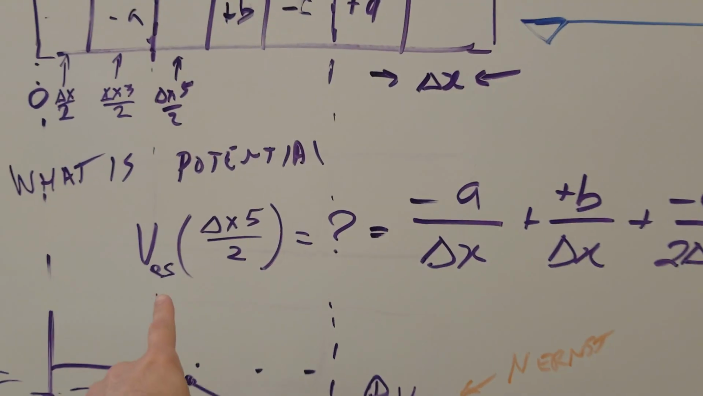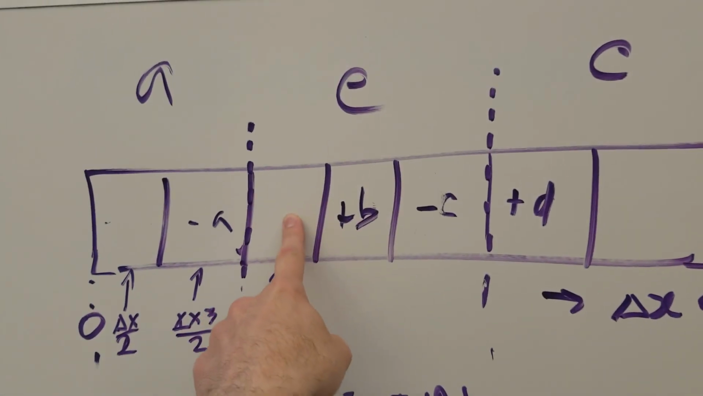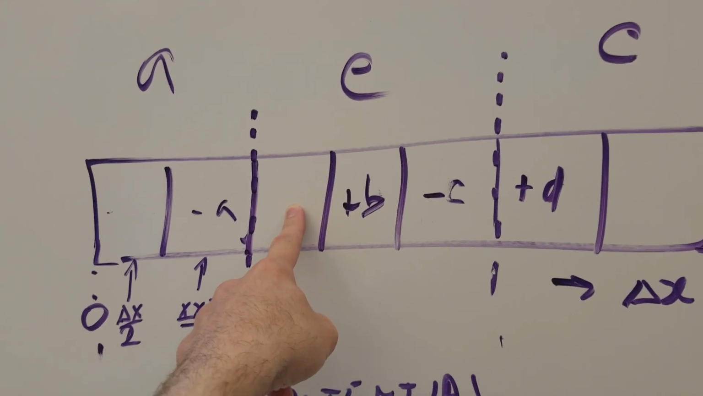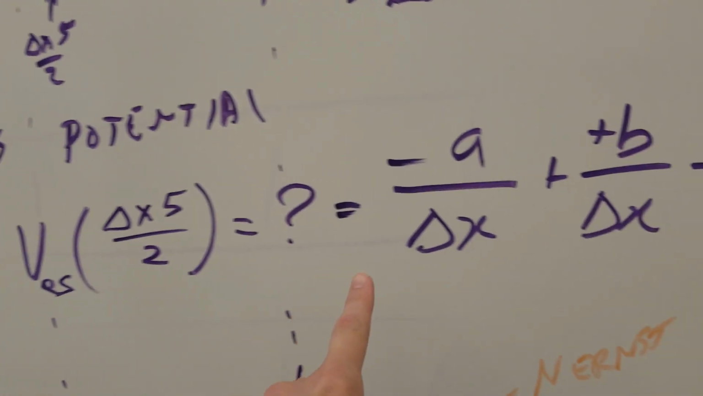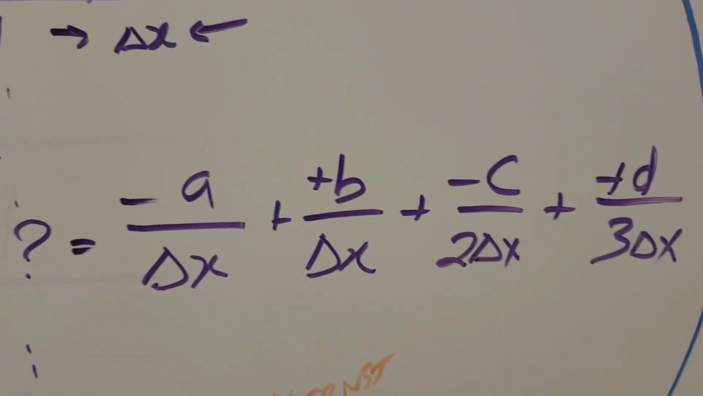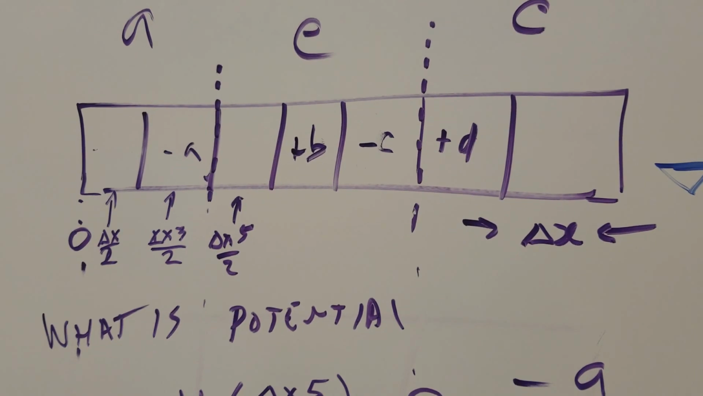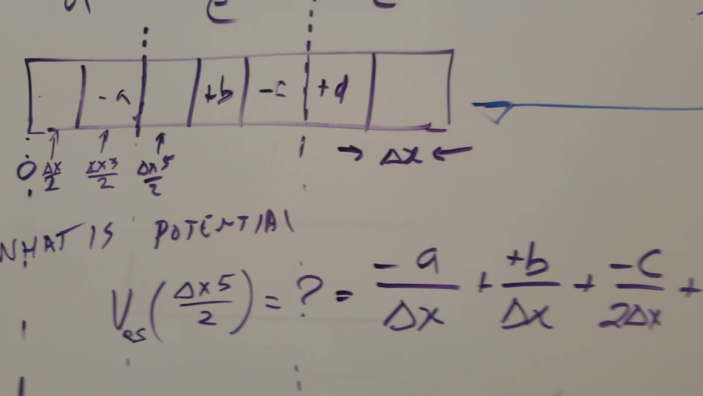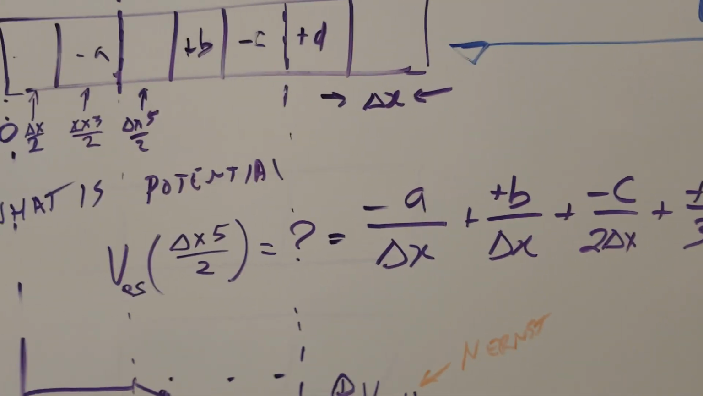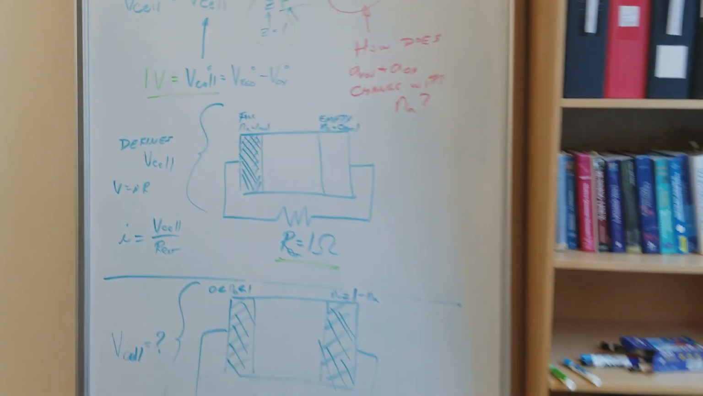We can have this potential due to the electrostatics, which says the electrostatics at, say, Δx 5/2 is going to be equal to minus a Δx plus b Δx minus c 2Δx plus d 3/2 Δx. Great. And that tells us about the electrostatics, but it doesn't tell us about what's happening due to this built-in